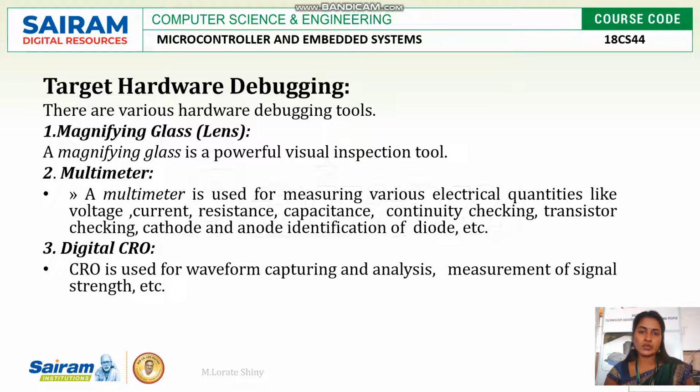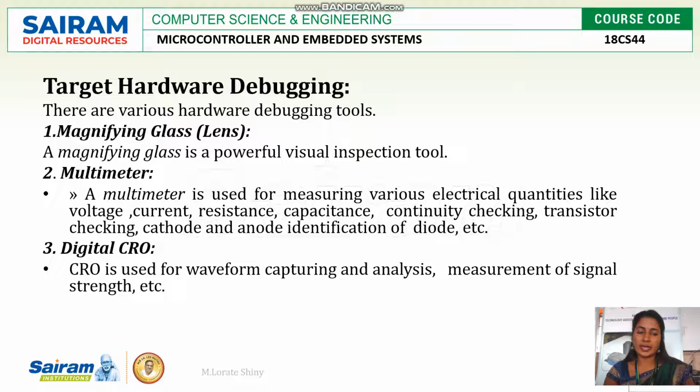Even though the firmware is bug free and everything is correctly set on the board, sometimes embedded systems will not function properly. There are multiple hardware related issues like dry soldering of components, misplacement of components, misconnection between the components, any unnoticed error in the PCB design layout, and any signal corruption due to noise. All these may be the reason for that. So what can we do? There are various hardware debugging tools with which we can identify and rectify these errors.